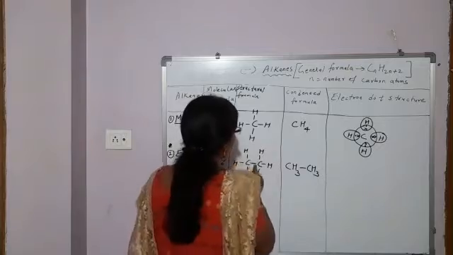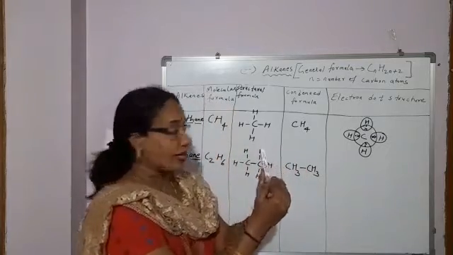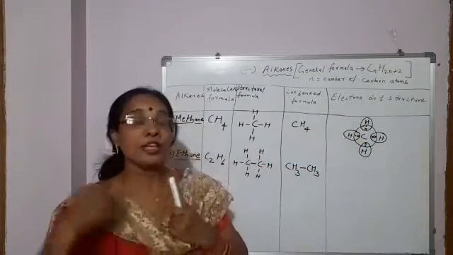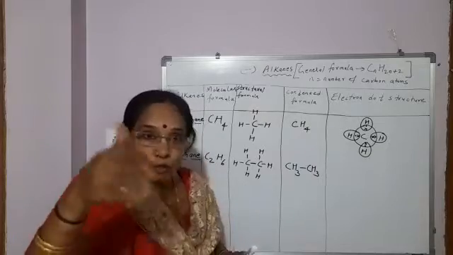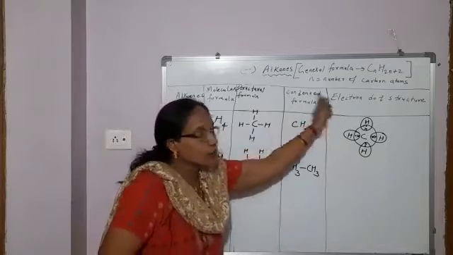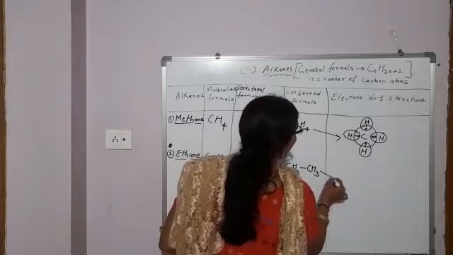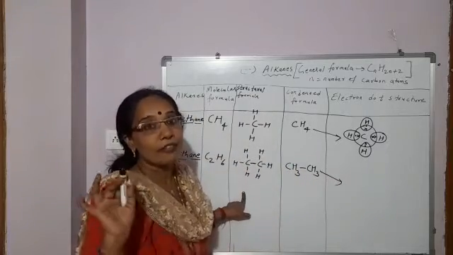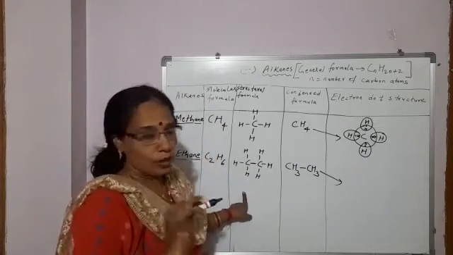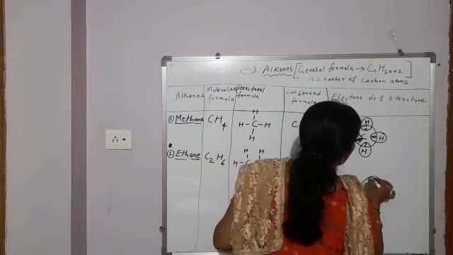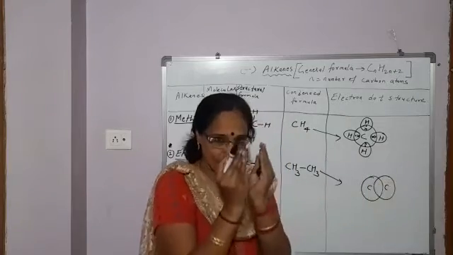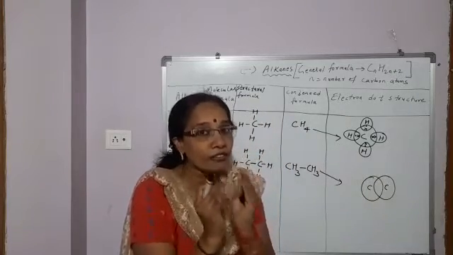Condensed formula: this CH3 with the bonding you have shown, together you will write CH3 single bond CH3. And if asked for the electron dot structure, you will overlap the orbitals and show the shared pair of electrons by dot or cross. So to draw the electron dot structure, students, you will see the structural formula. It will be easy for you. So here 2 carbon atoms are attached by a single bond. So you overlap 2 carbon atoms and write C. And in the overlapped area you keep some space to show the sharing of electrons.